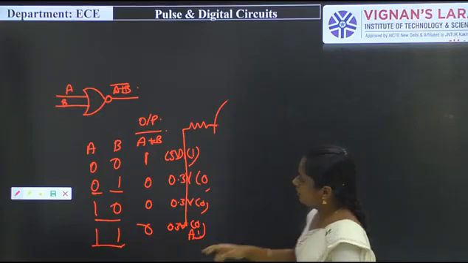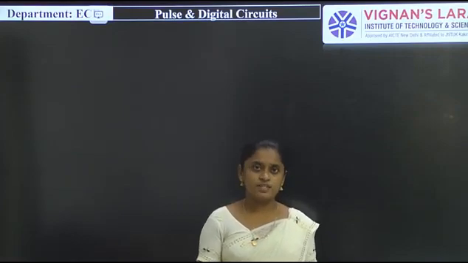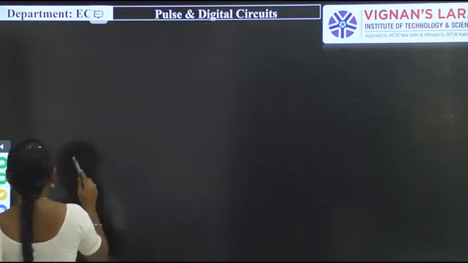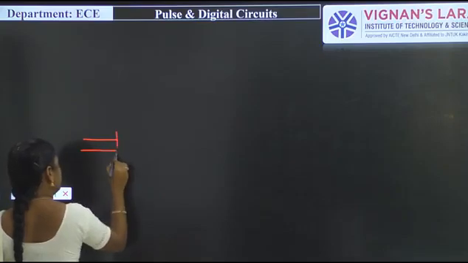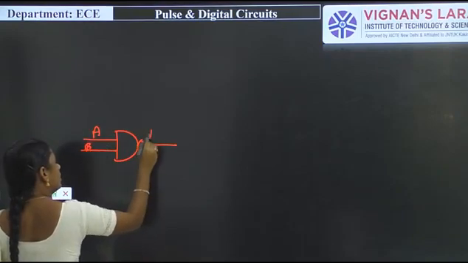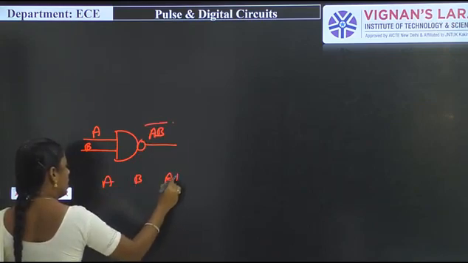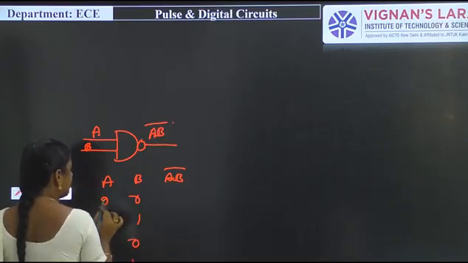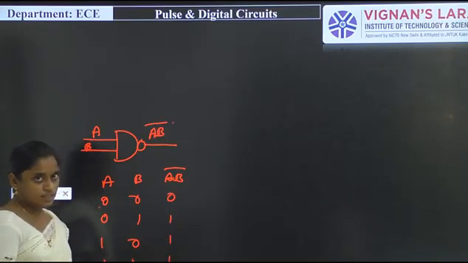So next one is RTL NAND logic. So what is a NAND gate? So that is reverse to the AND gate operation. Simply we have to say that A, B, AB bar, 0 0 gives 1, 0 1 gives 1, 1 0 gives 1, 1 1 gives 0. So except the first condition, remaining conditions, the output will be 1. So for this, what is the circuit diagram?